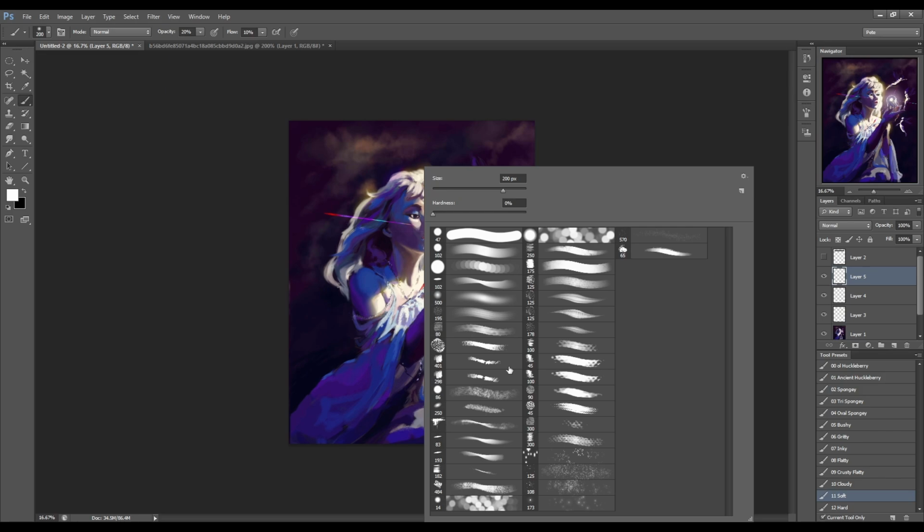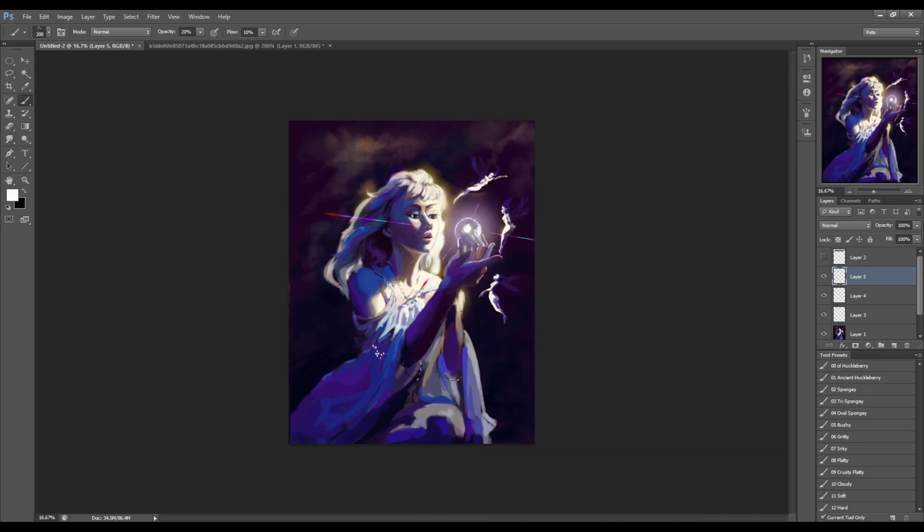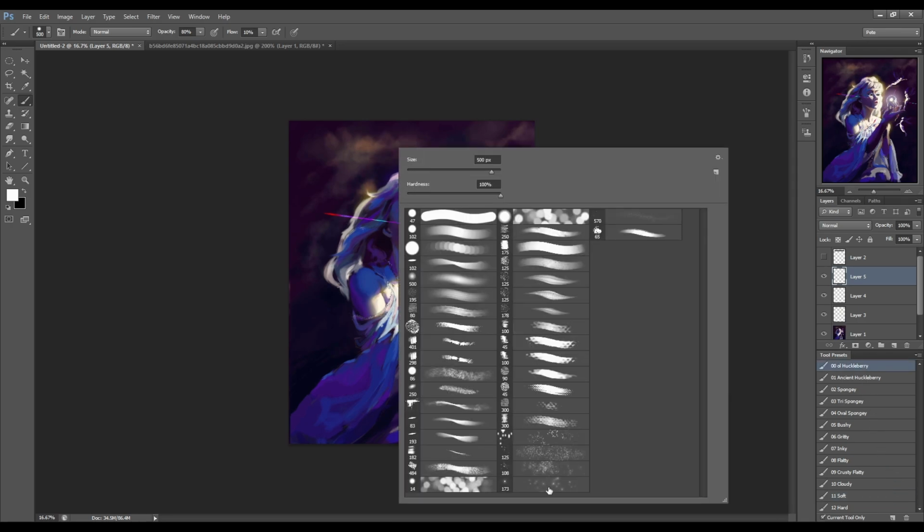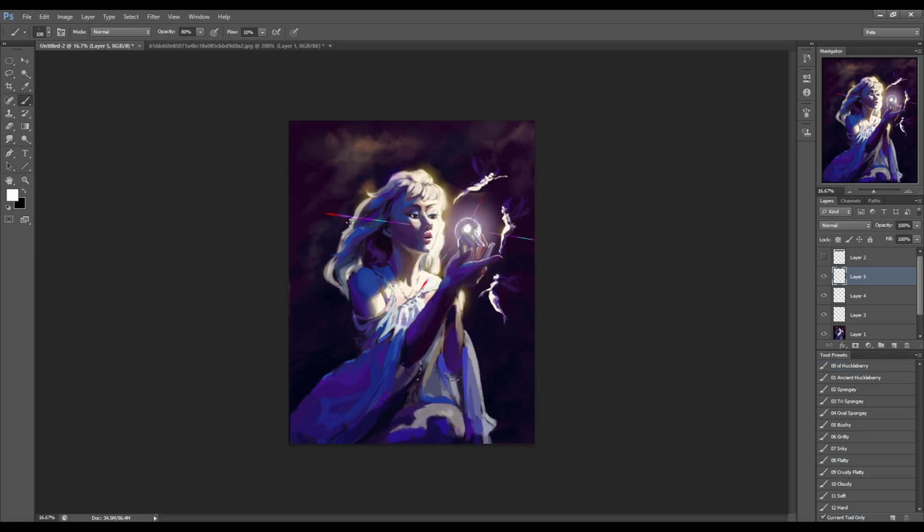Do I not have my star splatter or whatever? Oh yeah, I lost my star splatter from my old brush set. Let me get this set up real quick. Let's say I'm trying to put some stars in the sky, like this.